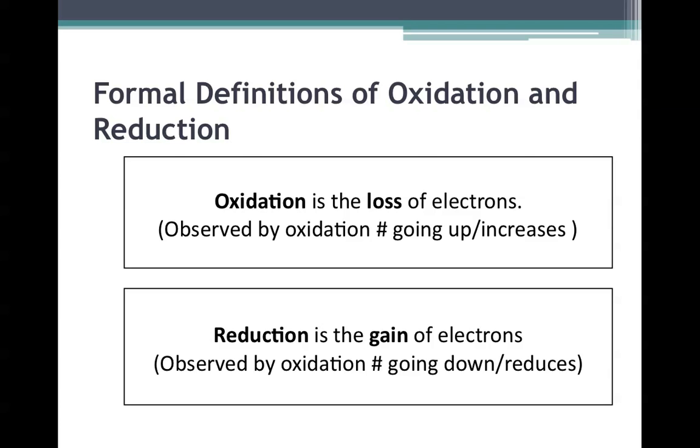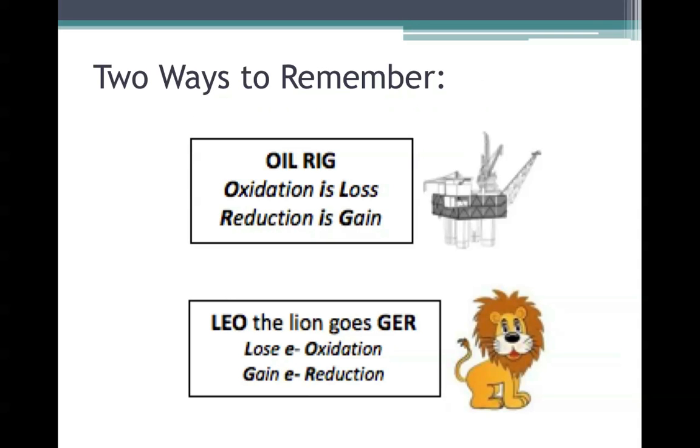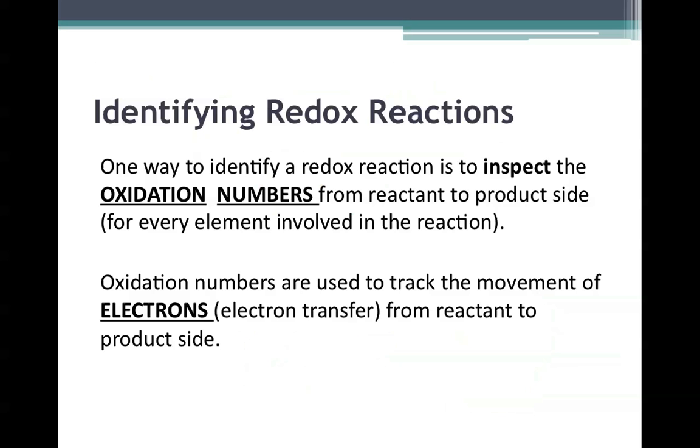This is observed by the oxidation number going down and reducing, becoming more negative as it's gaining those negatively charged electrons. So there's two ways to remember this. I prefer OIL RIG, which is oxidation is loss, reduction is gain. There is, however, another one. The Leo the lion goes GER, that loss of electrons is oxidation, gain of electrons is reduction. So pick one of the two ways to help you remember that oxidation is loss and reduction is a gain